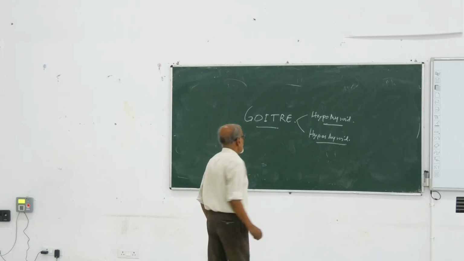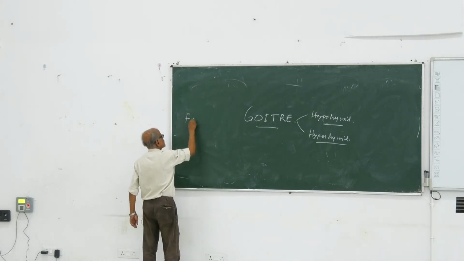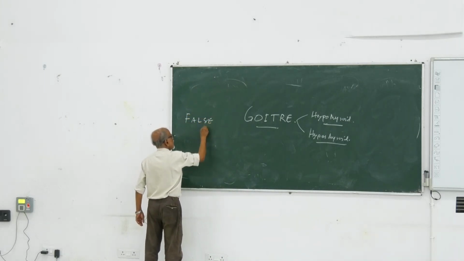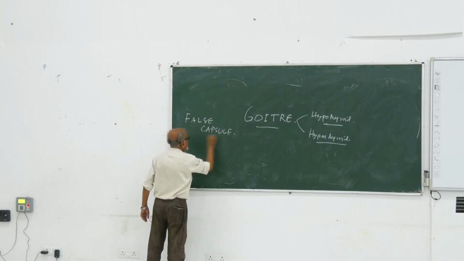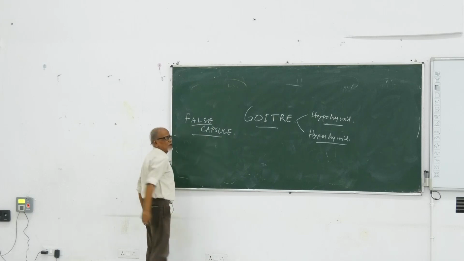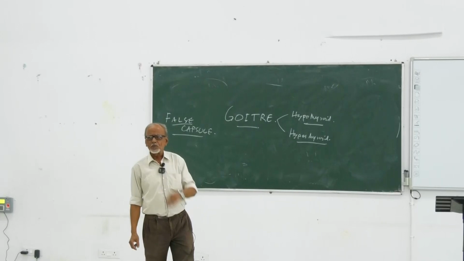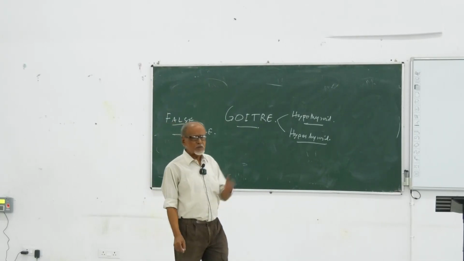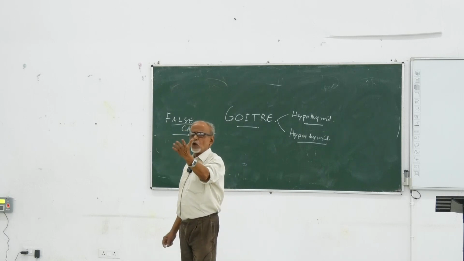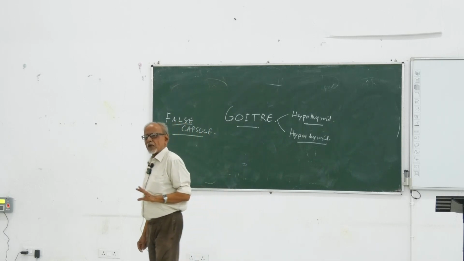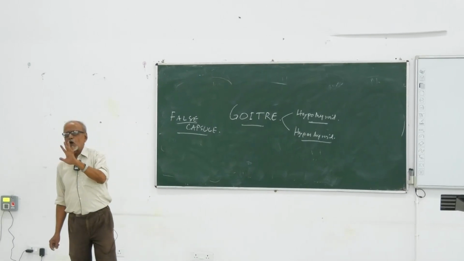ঠিক আছে? তাহলে একটা false capsule আছে. This gland has got a false capsule. False capsule. Now this false capsule, I think, where from it is derived, I think you know, because deep cervical fascia has been discussed. Deep cervical fascia উপরে অভিজিৎ স্যার লেকচার ক্লাস নিয়েছেন, কাজী স্যার ডেফিনেটলি বলেছেন false capsule of the thyroid